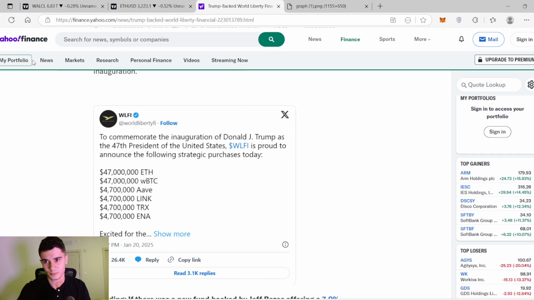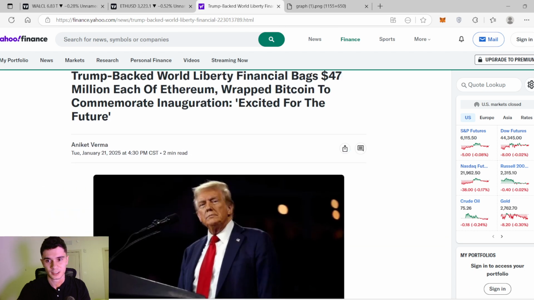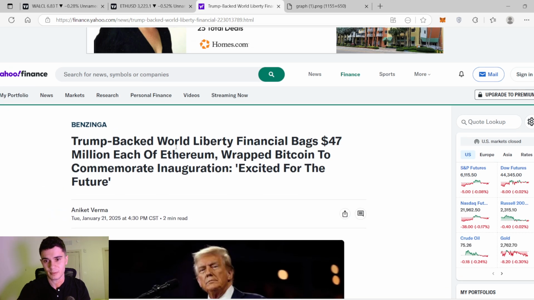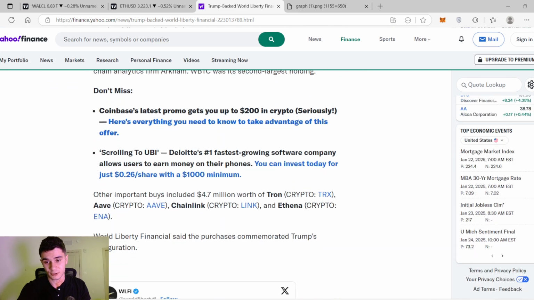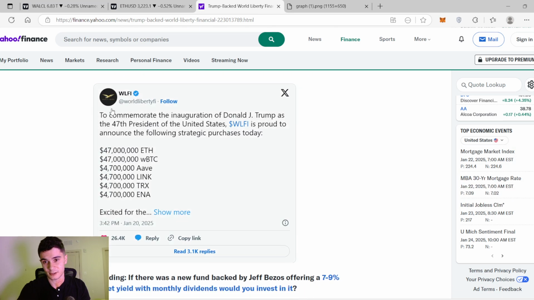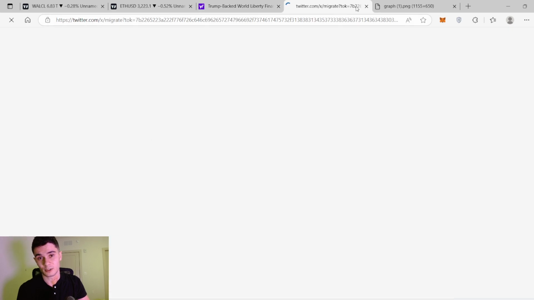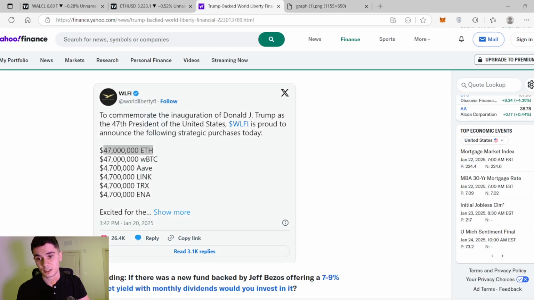And this is from Yahoo Finance. Basically, what happened is the Trump-backed World Liberty Financial, the crypto project that was launched by Trump, bought a lot of different cryptocurrencies, and here is their official statement on X. Basically, they bought $47 million worth of Ethereum. They bought $47 million worth of wrapped Bitcoin, and